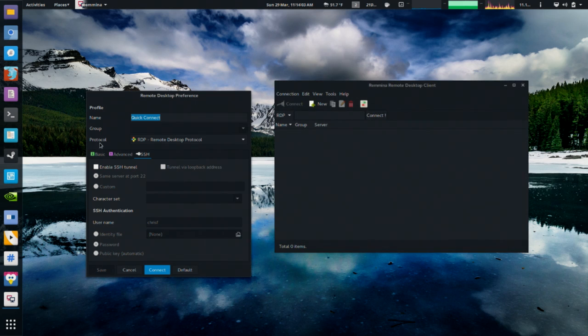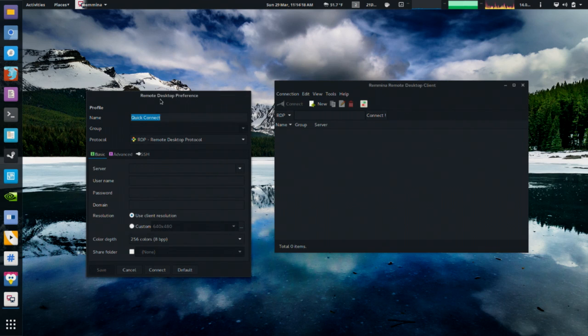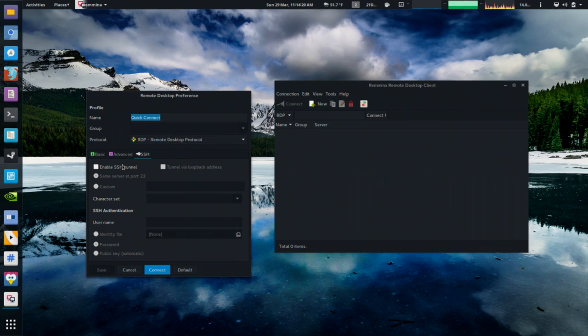And then last but not least, regardless of what remote desktop protocol you want, NX, RDP, SFTP, Secure Shell, or X Remote Session, and this, I think, is really a nice feature. So let's say I had a Windows box that I wanted to connect to, but it was behind a firewall. You can have Remmina make sure that it first creates an SSH tunnel. Regardless, even though you're doing a Windows RDP connection, it will first establish an SSH tunnel and pipe the RDP